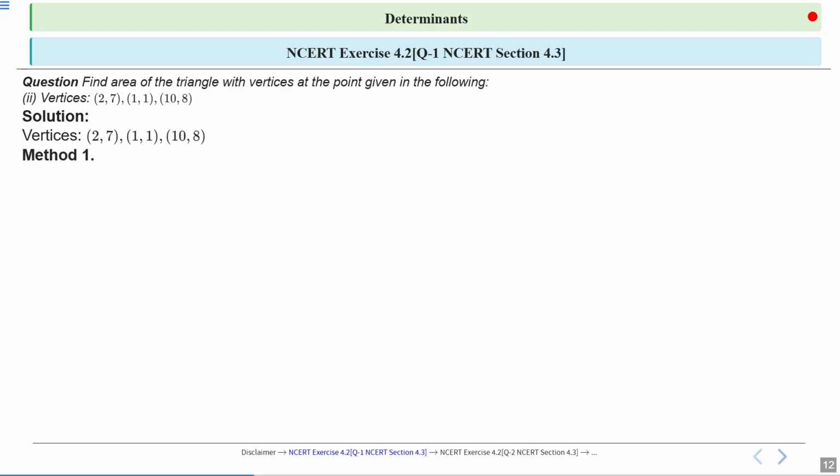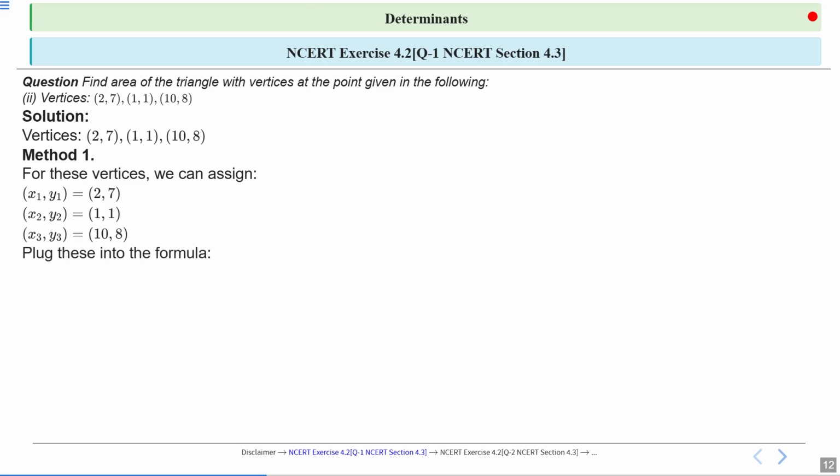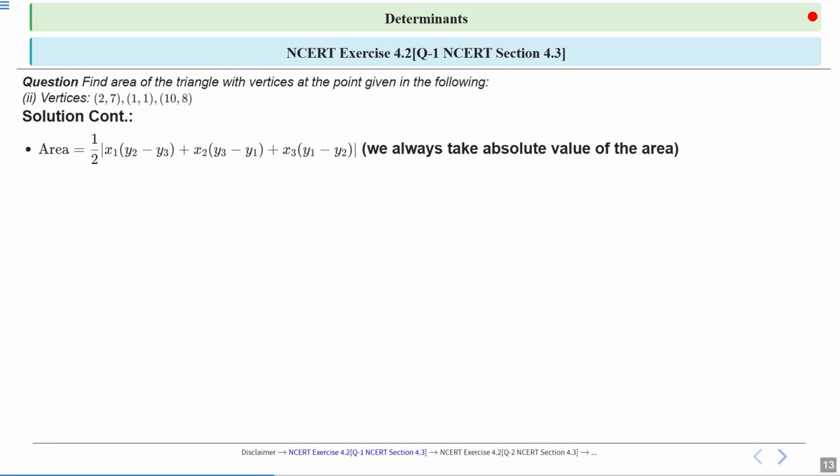Okay, so the given vertices are (2, 7), (1, 1), (10, 8). So we have just assigned x1, y1 as 2, 7, x2, y2 as 1, 1, and x3, y3 as 10, 8. Plug this into the formula. So we get area is equal to 1 by 2 mod x1(y2 minus y3) plus x2(y3 minus y1) plus x3(y1